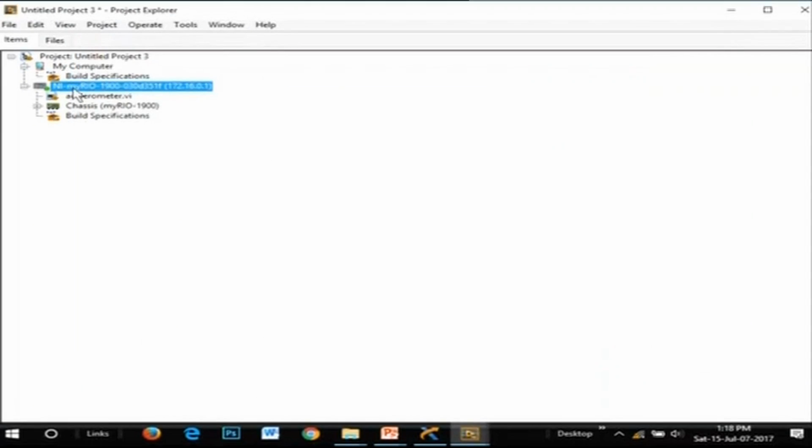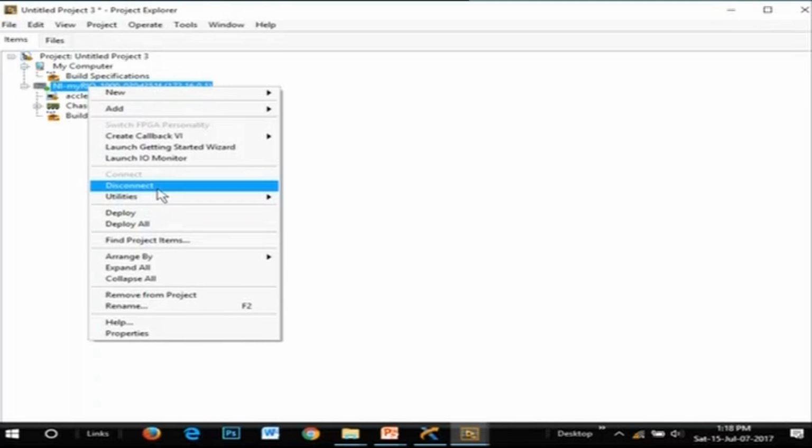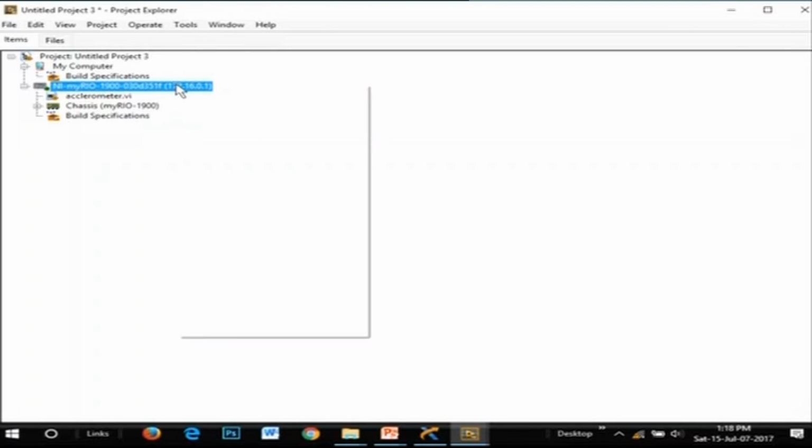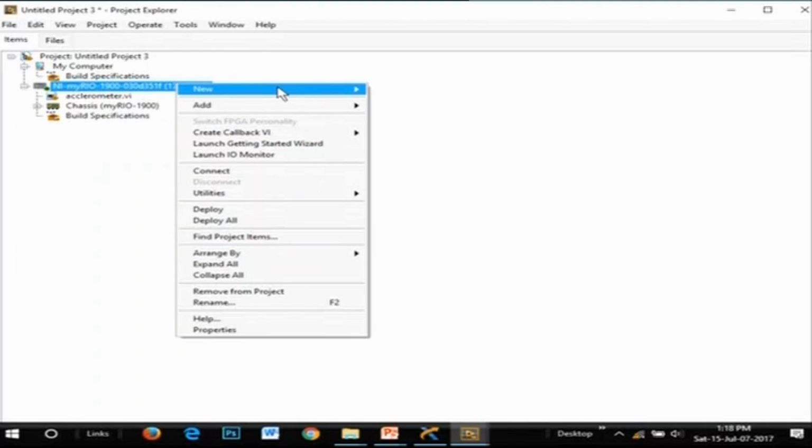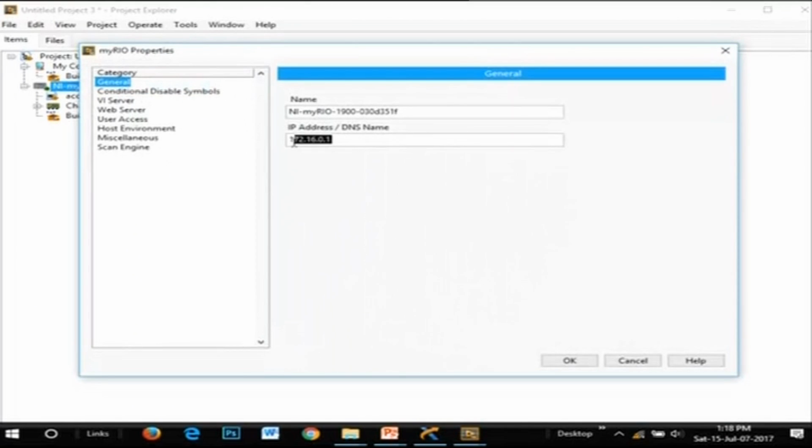What you are supposed to do is right click on your myRIO, disconnect it first of all. Disconnect it, then right click and then say properties and make any changes you want. Once it is connected, you can't make any changes to the IP. Disconnect it virtually, through software, and then make a change and connect it back. Clear? Any doubt in this?